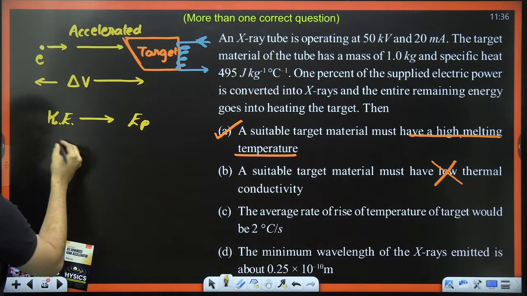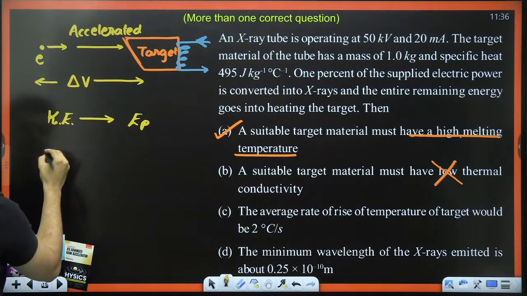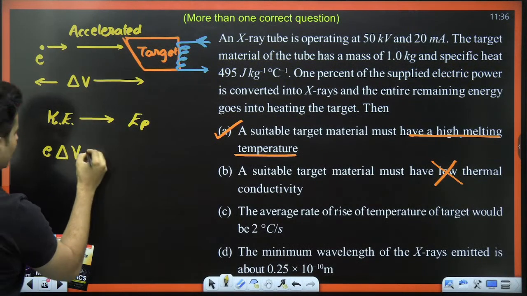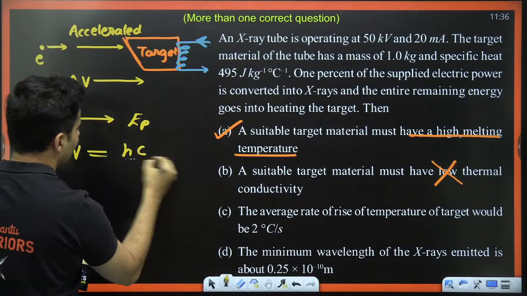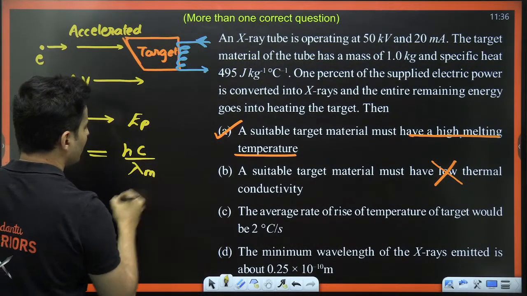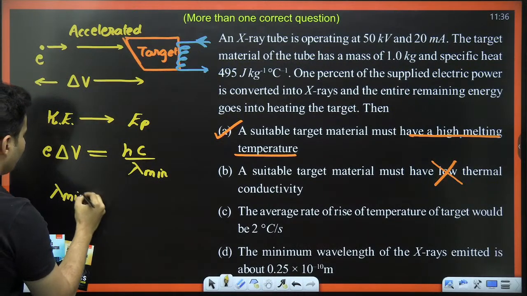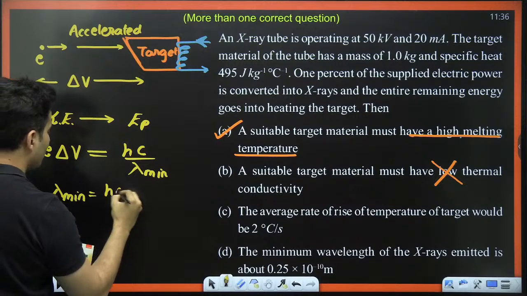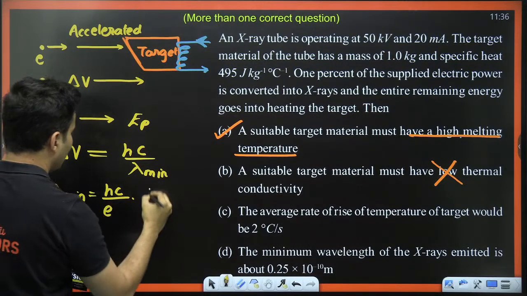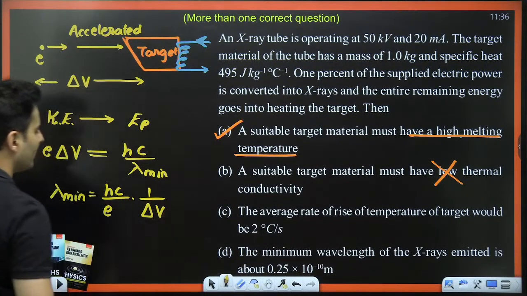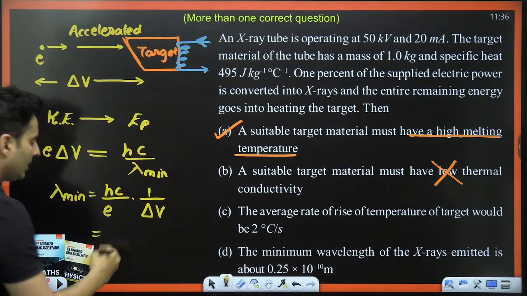So the kinetic energy of the electron, which is nothing but your charge into the voltage difference, is the energy of the photon, which is hc by lambda. So this is your minimum wavelength, the cutoff wavelength. Lambda minimum will be hc by e, and you will have 1 by delta V over here. In fact, hc by e is a standard value,